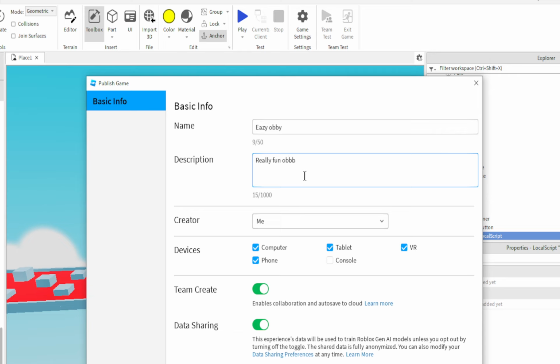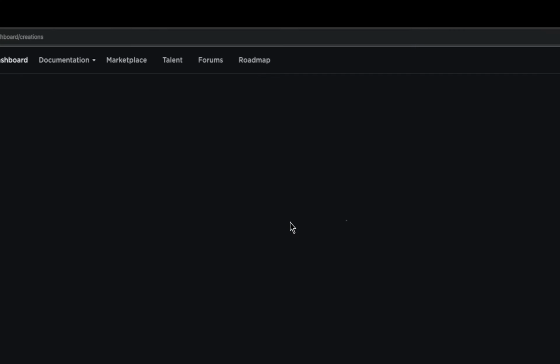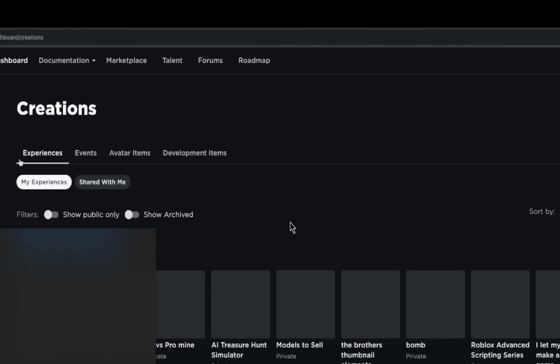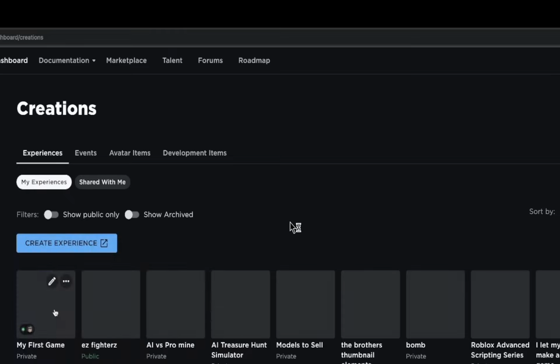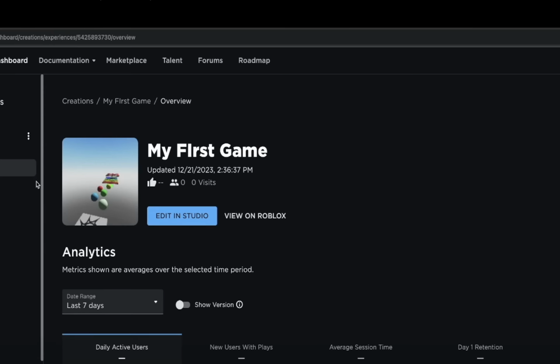So the next thing to do is open up Chrome or Safari or whatever web browser you have, and you're going to type in create.roblox.com. This is where you can make your developer product so you can actually earn Robux. Next, go ahead and click Creations right here on your screen, and then find your game. I named my game My First Game right here. So go ahead and click that, and it's going to bring you to this next page. So right here,